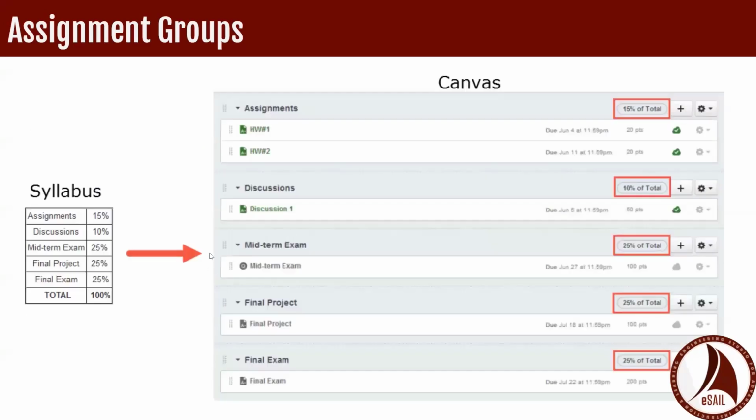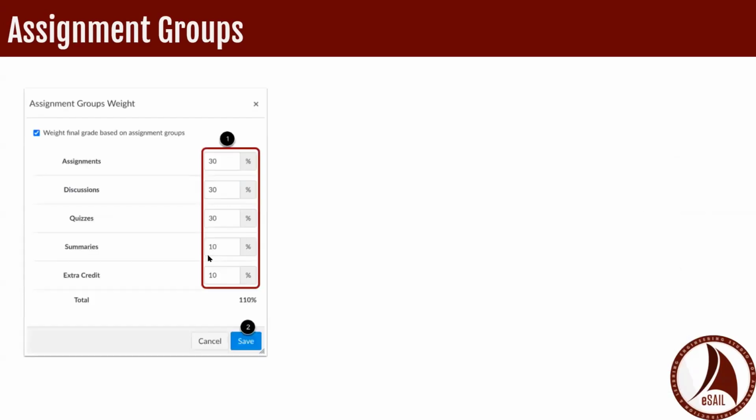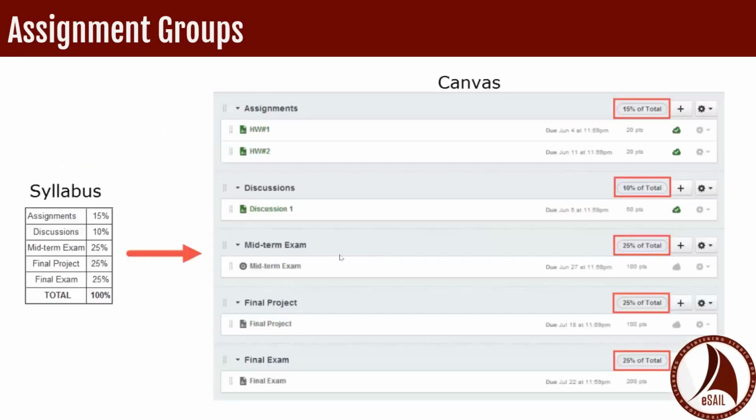Okay, so we all were accustomed to using weighted columns in eCampus to calculate grade values. And in Canvas, there are no weighted columns. So instead, you need to set up any grading calculations either by setting up a point scheme or by using assignment groups. Assignment groups allow you to organize your assignments into categories with percentage weights that match your syllabus specifications. And so you can set up these categories within the Assignments tab on the course navigation menu.